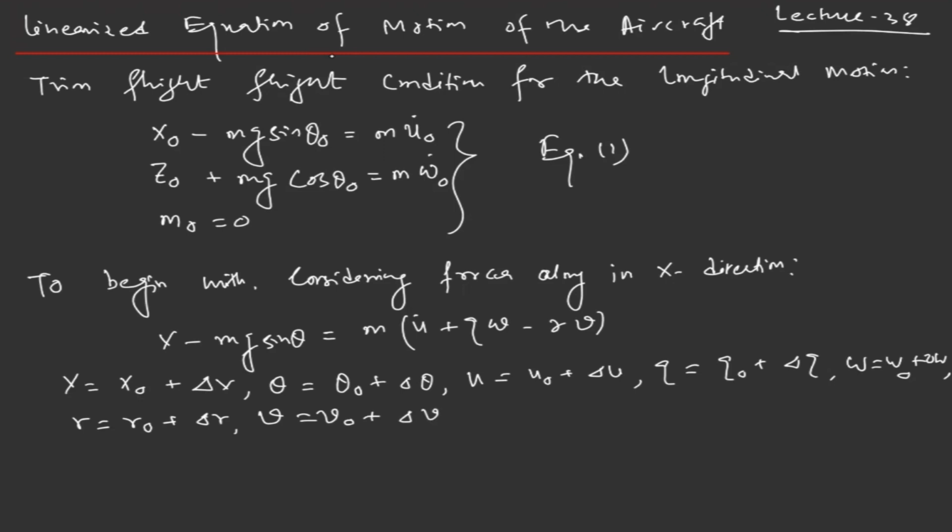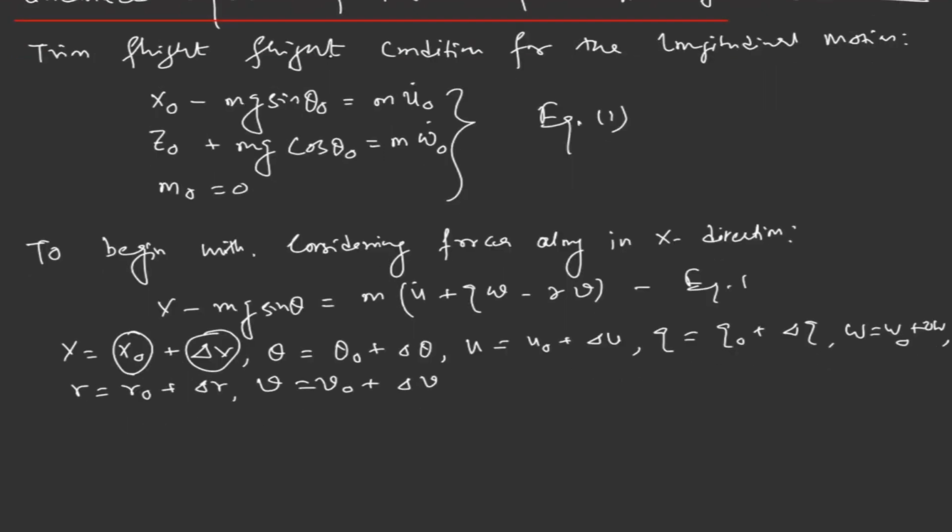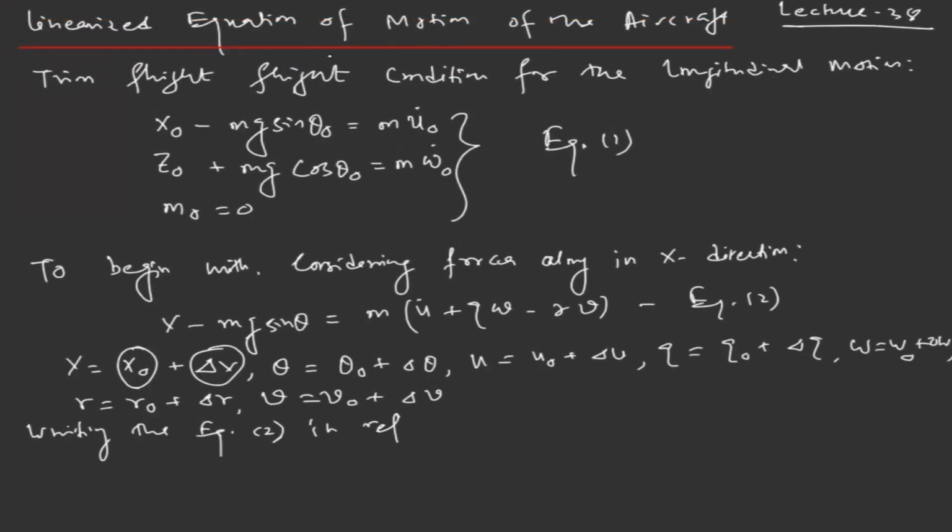The first term indicates the reference model, and the second term the perturbed variable. If you substitute these terms in equation 2, we can get, writing equation 2 in reference and perturbed variables,